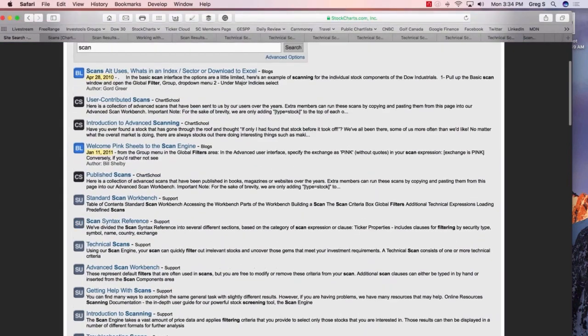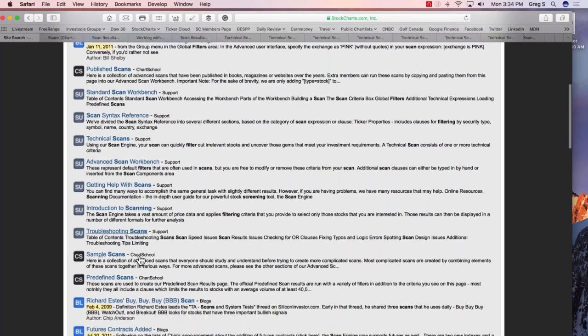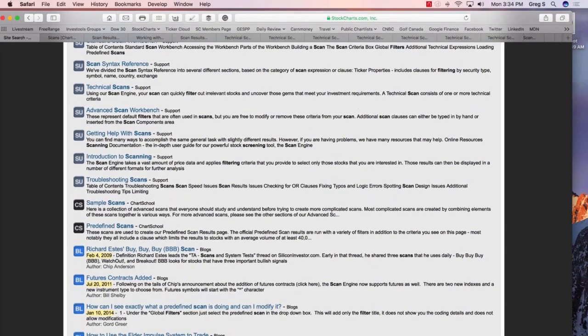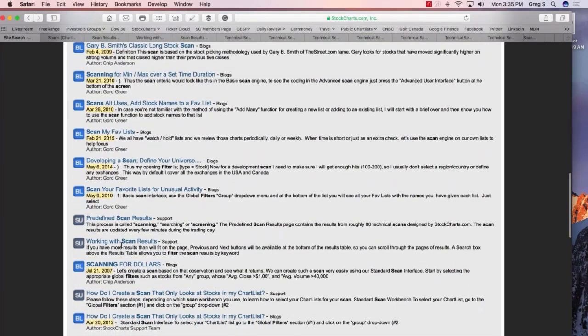Now, some of these blogs are quite old, but they're still available. All of these CS ones are the chart school articles, and all of the SU ones are the StockCharts support documents that have been written to help people with scans. There is lots of stuff here, and I'm pretty sure if you've got a question you'd like answered, lots of them are in here. Don't be afraid to scroll all the way to the bottom